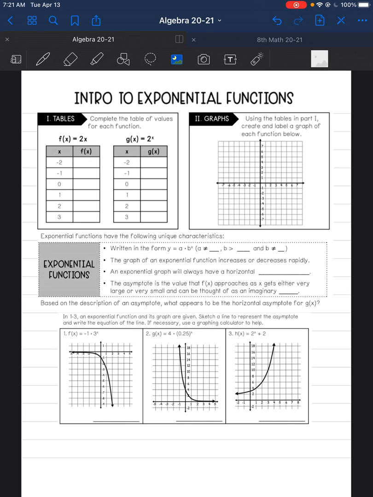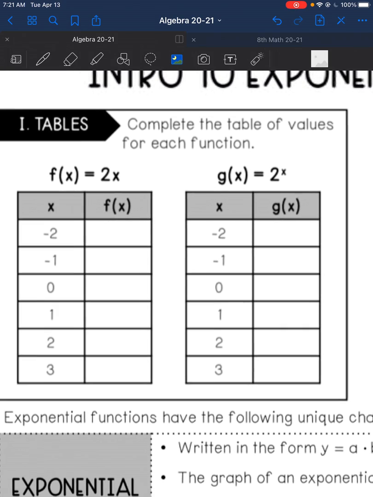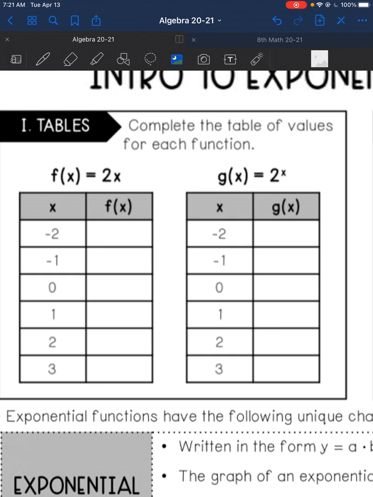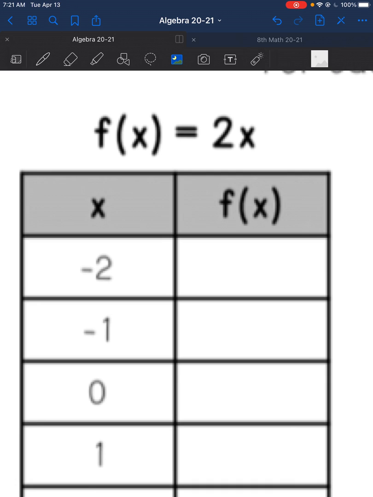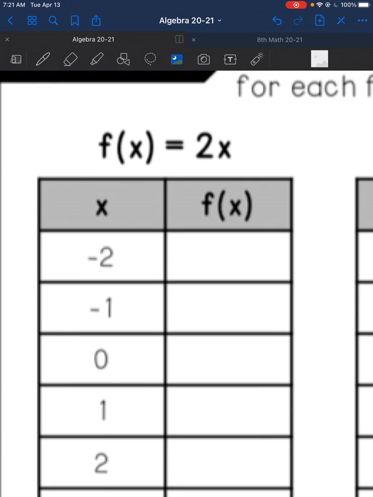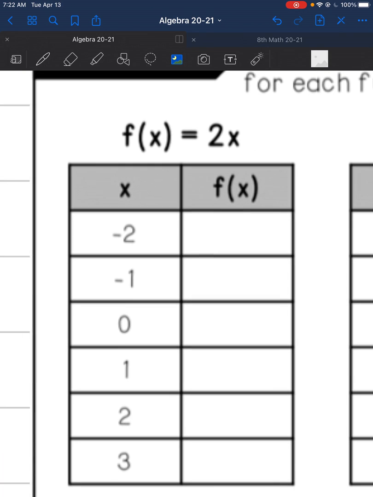Okay, so the first thing that I want to look at is we're going to compare a linear function and an exponential function in order to see what the differences are. So I'm going to go ahead and complete this table. I'm completing this table by just substituting anywhere there's an x, whatever the x value they give me. So the first one is -2. 2 times -2 is negative